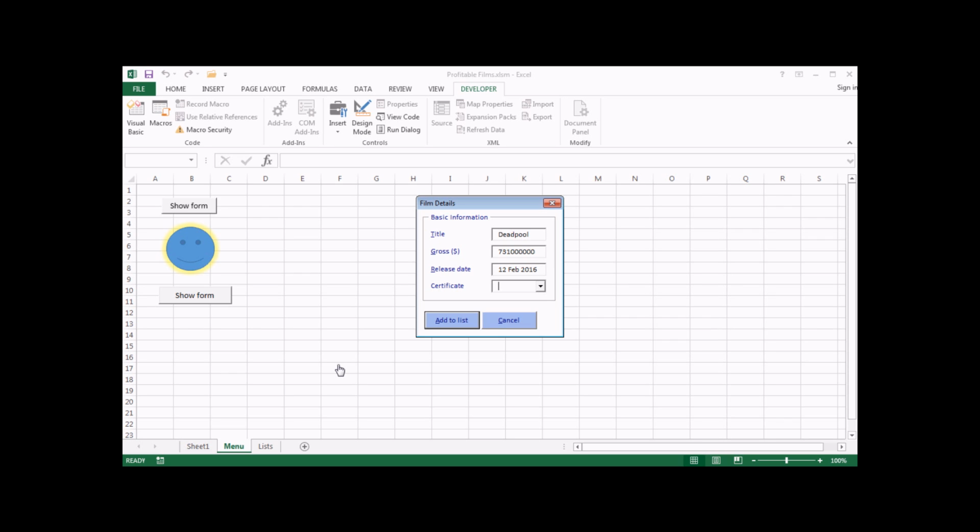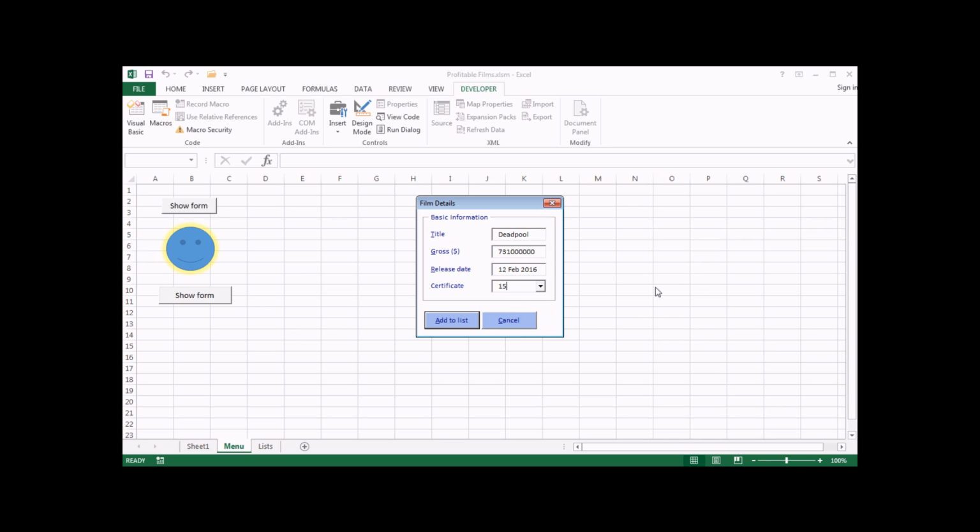To use this drop-down list, you can of course click on the drop-down arrow with the mouse, no problem. You can also, while the control's got the focus, use the keyboard to do it as well. If I hold down the Alt key and press the down arrow key, that expands the list, and then I can scroll up and down the list with the cursor keys. Deadpool was a 15 rated film in the UK, so we're allowed to say naughty words in the film,